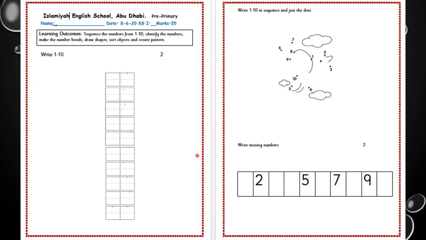First is here number, write in sequence. So you have to write 1 to 10 in sequence. You all know how to do sequencing. In the same way, again you will do the sequencing in the form of join the dots. So you know how to start with. You will start with number 1 and finish at number 10. You will join the dots here. Now after finishing that, you have to do sequencing. In this sequencing, you will write the missing numbers. So you all know how to do missing numbers and how to write missing numbers. Now, after finishing numbers,